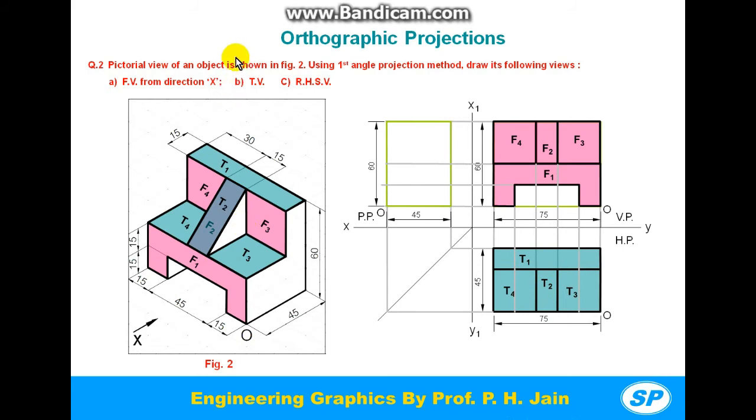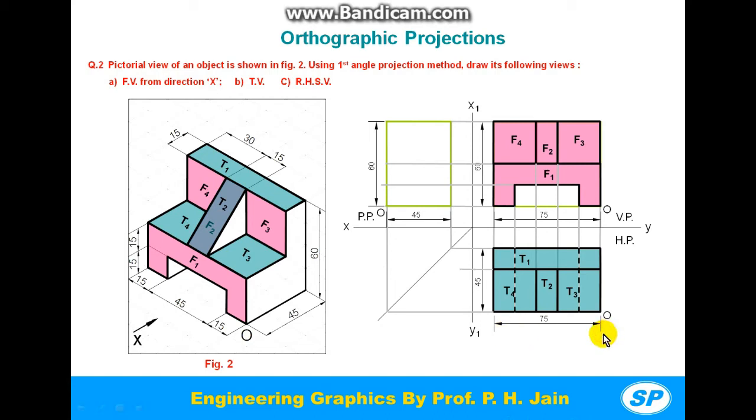Now see, from top we cannot see some of the edges. You can see these two dotted lines. These are the hidden edges which are not seen from top. So draw those hidden edges by dotted line. Simply project this point and draw two vertical dotted lines to indicate that these are the hidden edges of these faces. Okay, so this is the complete top view of this object.